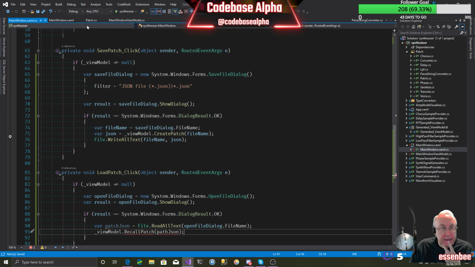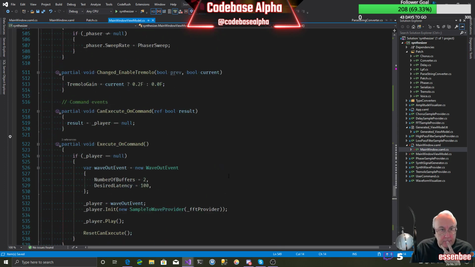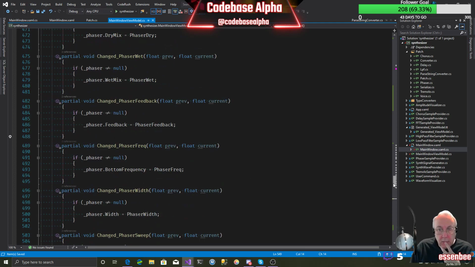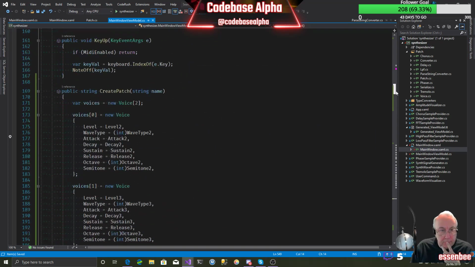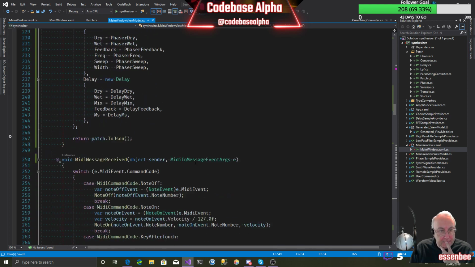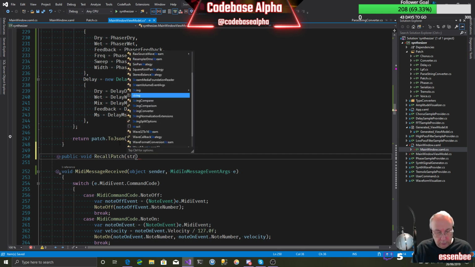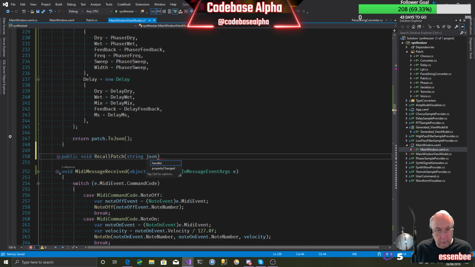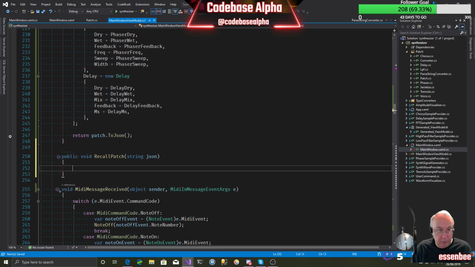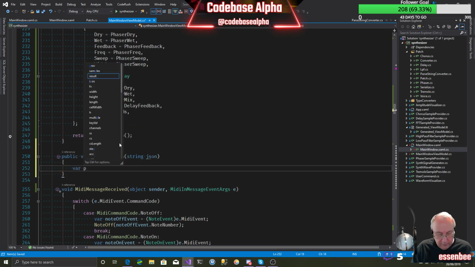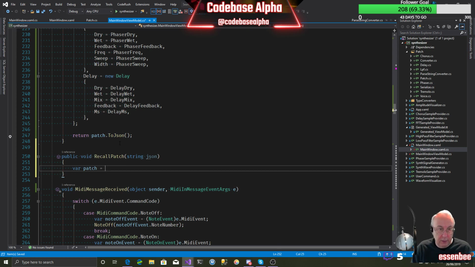I mean, it's going right that. Let's go and write it now. Okay. There's our create patch. Public void recallPatch. Get the JSON in. Then we're going to say basically patch is equal to